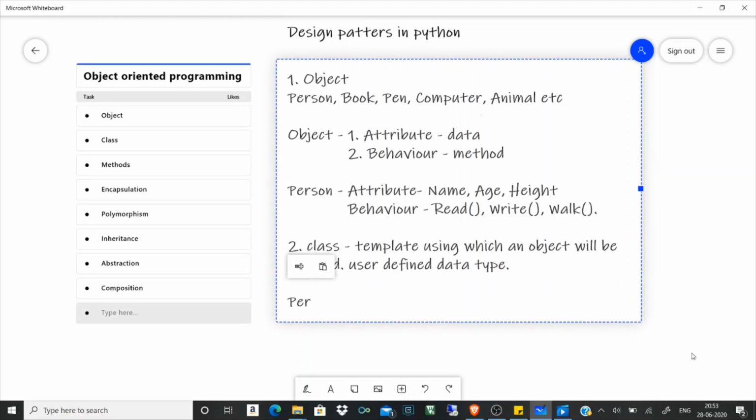Let me take an example of person as a class, and for the class type person, let me name objects as person 1, person 2, and person 3, and so on. A class having its own attributes and behaviors will represent a data type using which any number of objects can be created. This supports reusability, which means any number of objects can be created of a particular class type.